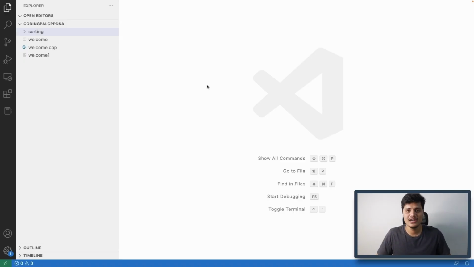So far we have tried understanding the algorithm and pseudocode behind the selection sorting algorithm, right? Now let's quickly write the selection sorting C++ implementation and validate it. So for that, inside the sorting folder that we have created, let me just